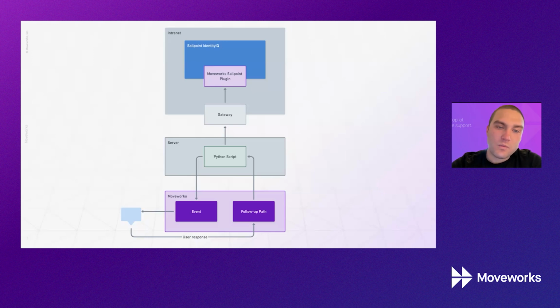What we can provide here is a Python script that you can run on a Python Flask server or something, that will expose the second layer of APIs that are going to do more complex actions that make it really easy to plug into Creator Studio. And in addition, it'll do the polling. So you can poll for new Sailpoint IIQ approval requests, and then actually trigger an event API